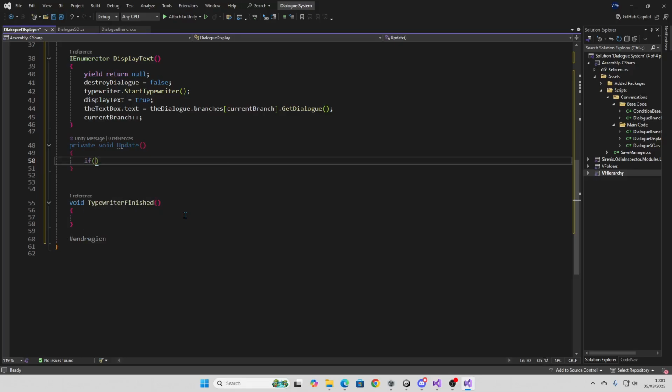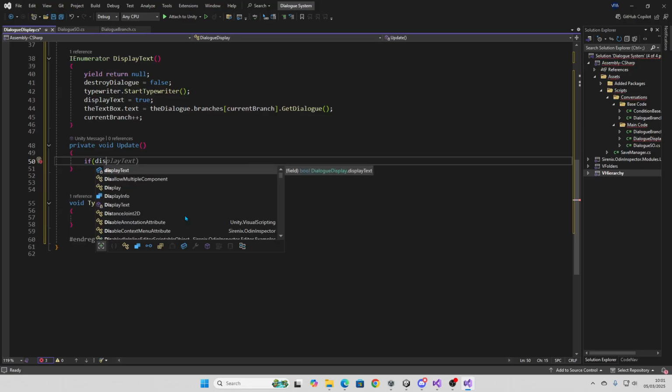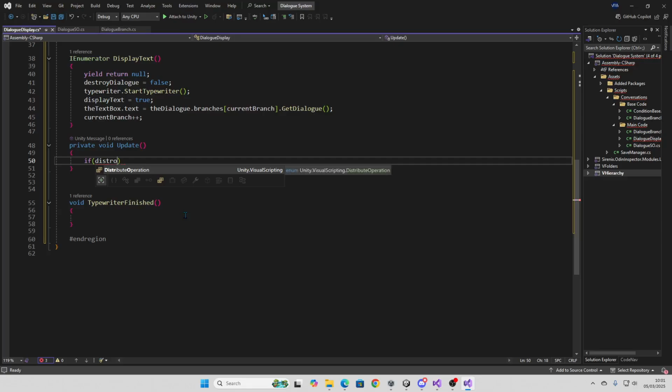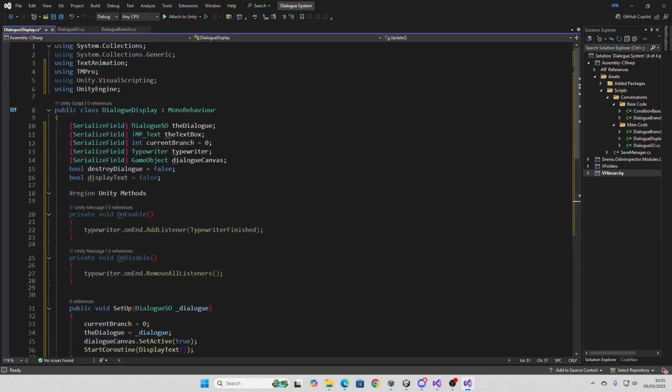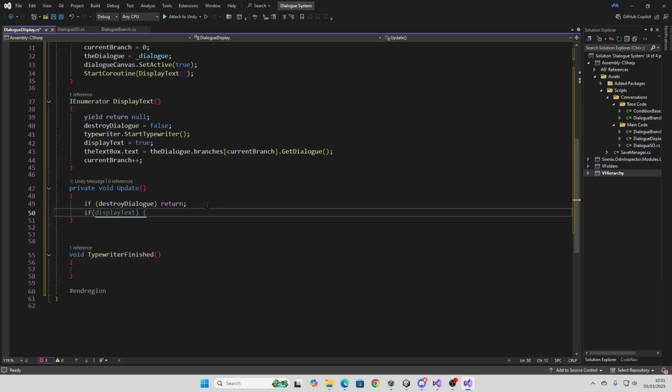So if I'm destroying the dialog, I don't want to run any code, so just return. And did it add? Yes, it did add that. Next is if I click my mouse, input dot get